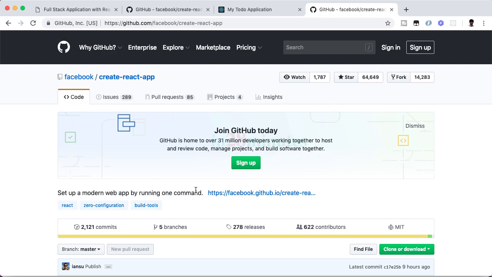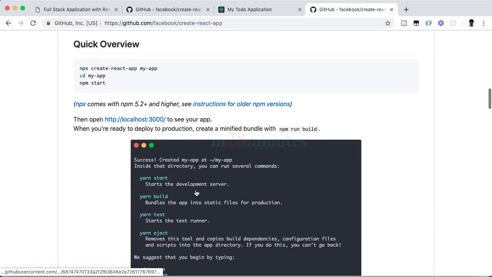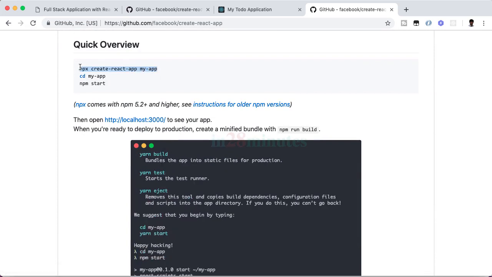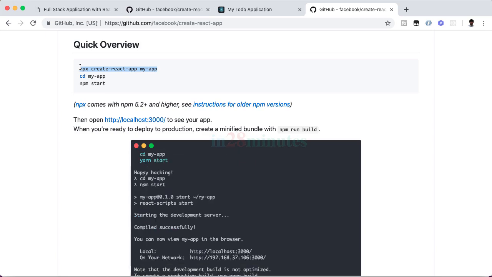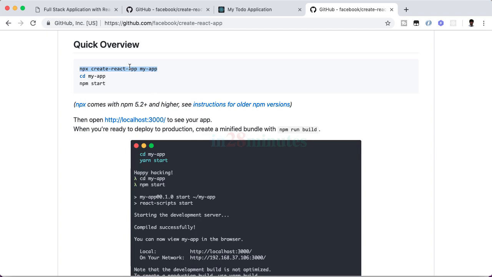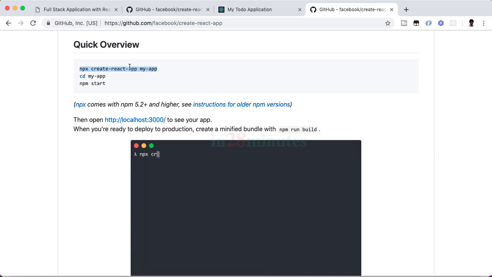What is that command? Just scroll down a little and here it is. So if you execute a command which is similar to this, Create React App would create the basic setup of a React application. Actually, it would create an application which is good enough to take to production as is. To be able to use Create React App, we would need Node and npm.